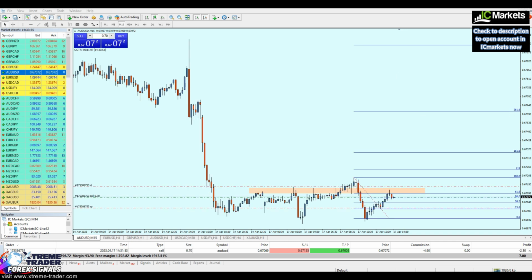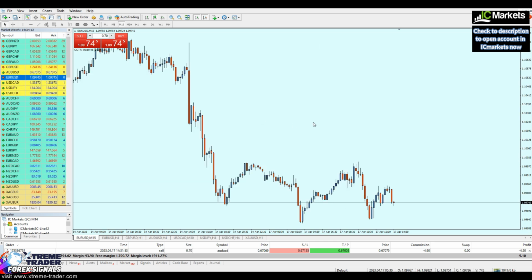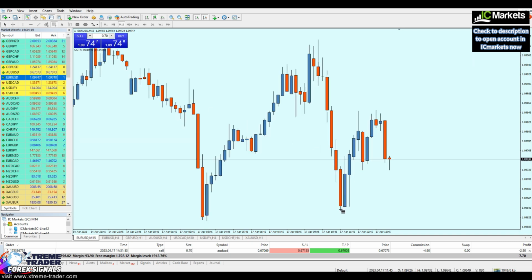Also, if the market is able to break out from 61.8 again, that means it has also broken out from the real level of resistance. That's good. Actually, that means that the USD pairs are getting ready for reversals. Let's check them out. All right, so for the EURUSD, if I'm not mistaken, this is going to be